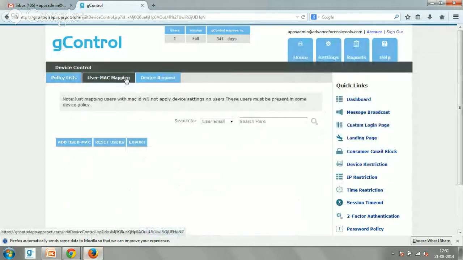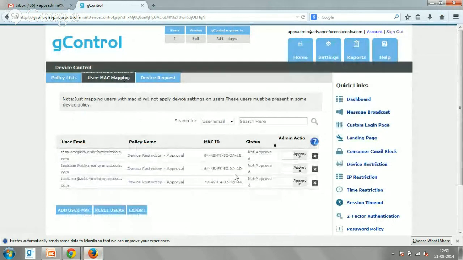So now in the control panel, you see this user mapping coming. All the MAC IDs of the machine have been given here. The admin will basically click on the approve button to approve it.